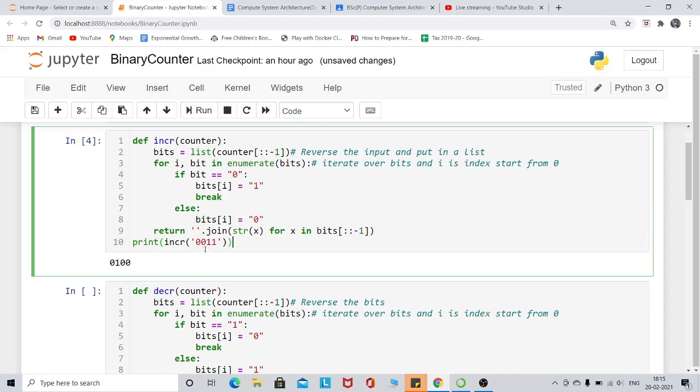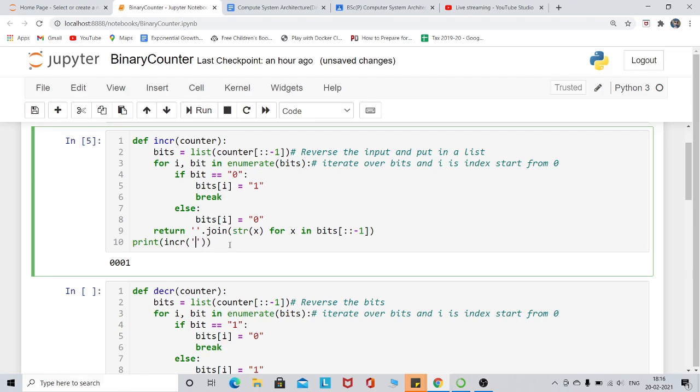So it will give me, 1 1 is 3 and 1 0 0 is 4. It is incrementing. So you can check any other value. Suppose I have checked 0 0, so it will give me 1. That's good.